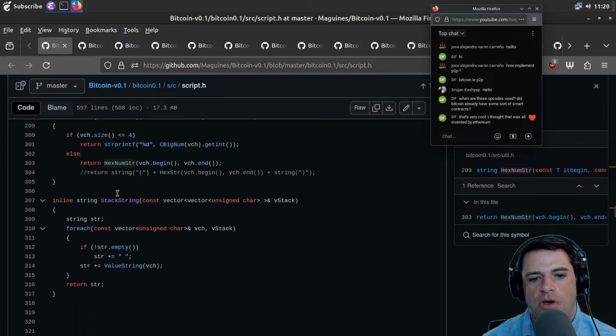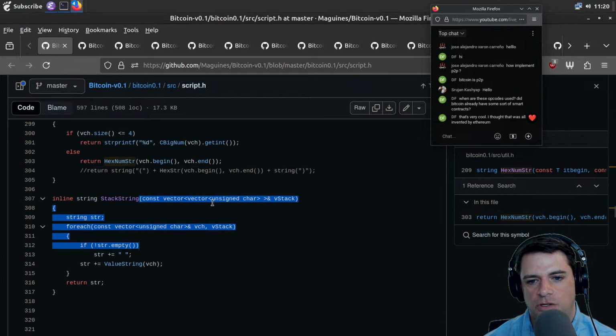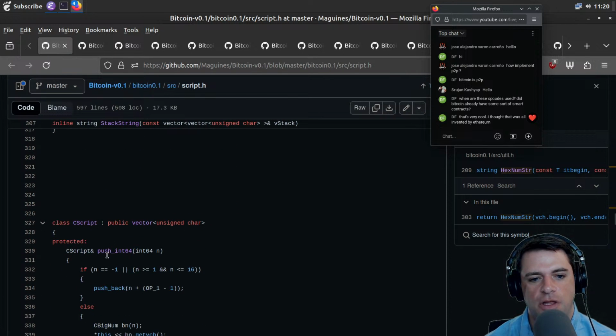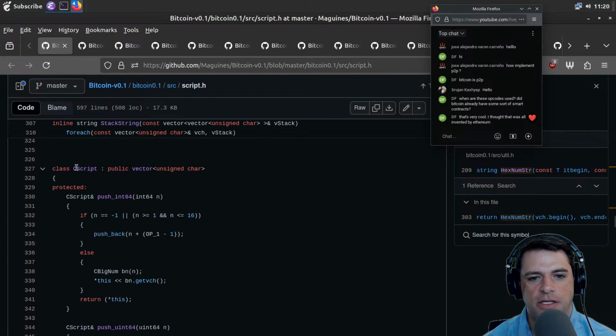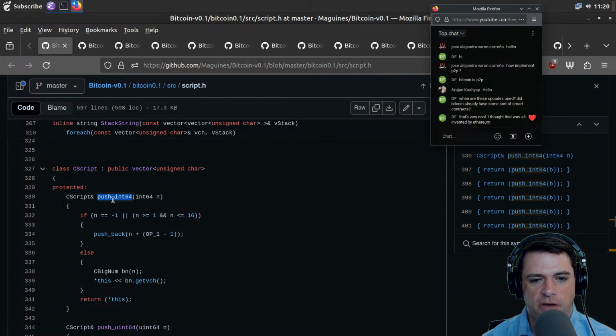All right. We have a stack string, which is going to turn some stack into a string, I would guess. We're calling value string on the things that we get off the stack. Then CScript, maybe coin script, has this vector of unsigned chars. And what operations do we have? We have push int64. So we can give it an int64 and it will push it onto the stack. And we check that